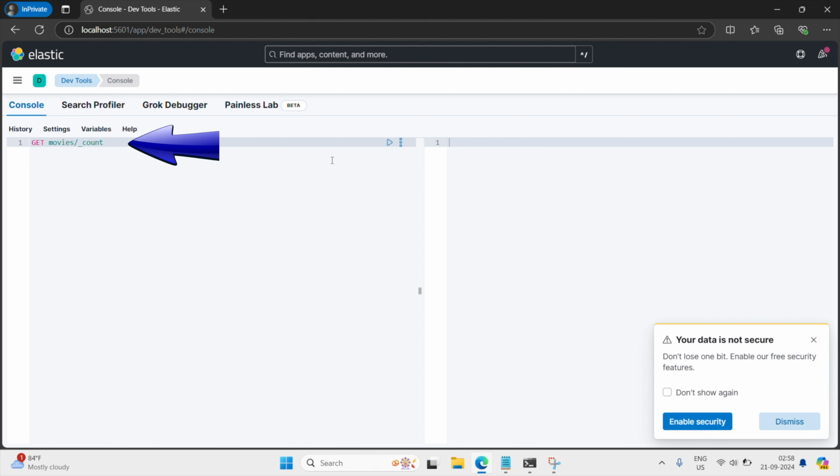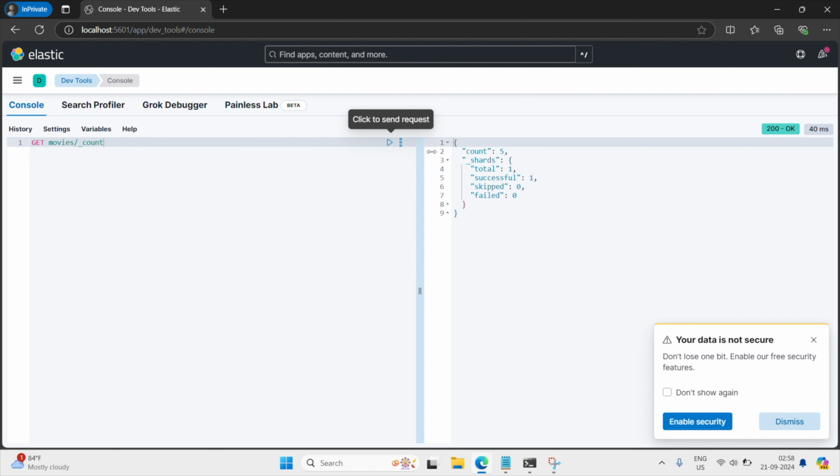Run this request in Kibana to get the total number of documents in the movies index. The response will show the count of documents. The count variable in the response tells us the total number of documents in the movies index. We can also use this API to get the document count from multiple indices at once by listing them with